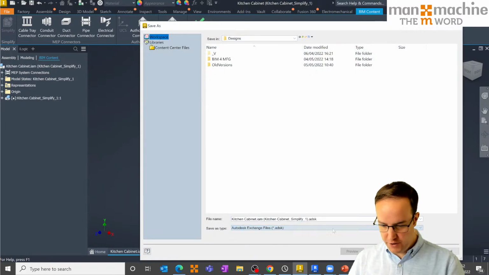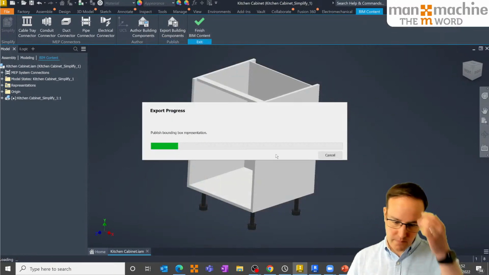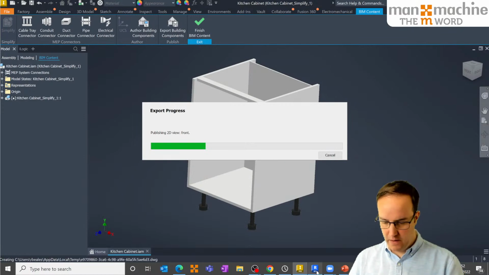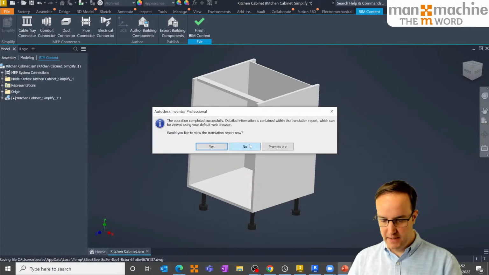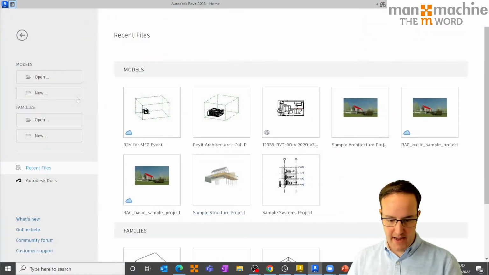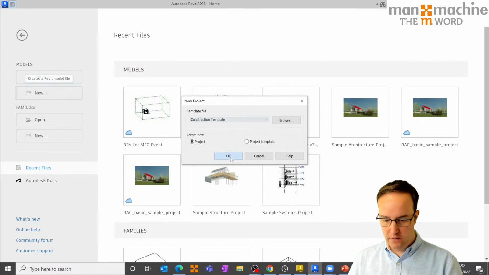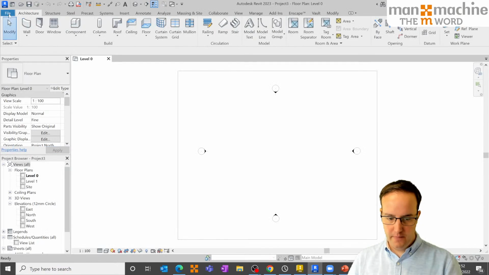Okay, I'm not going to beat around the bush. Let's just go out as an ADSK file. Something bizarre going on, probably because I've got Revit open or something like that. Let's give this a couple of seconds. Push out to ADSK instead. My apologies. Let's go and open Revit and start a new file and say that we want to place a